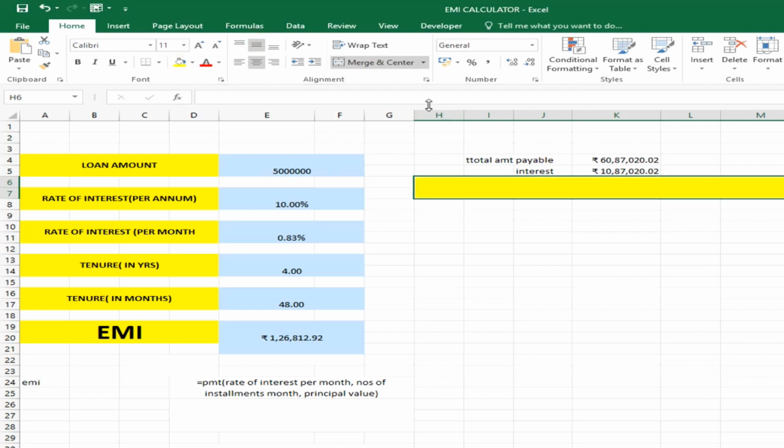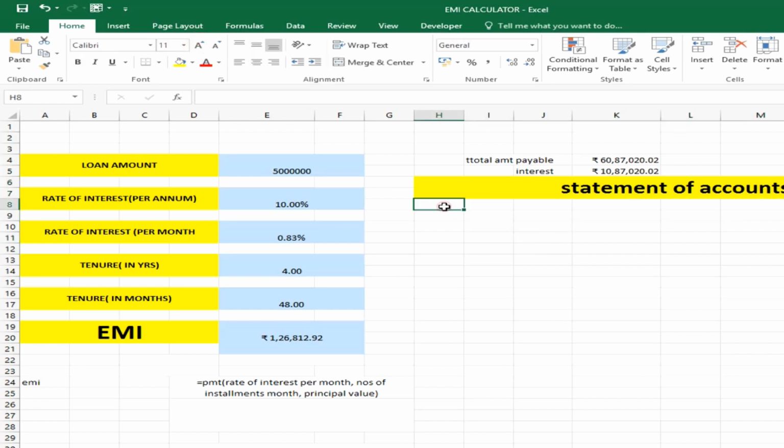I'm going to give the text as statement of accounts. Now we are going to create the statement of accounts. It's very simple, very easy, and very interesting as well. And this is the statement of account. Now to calculate the statement of accounts, we need